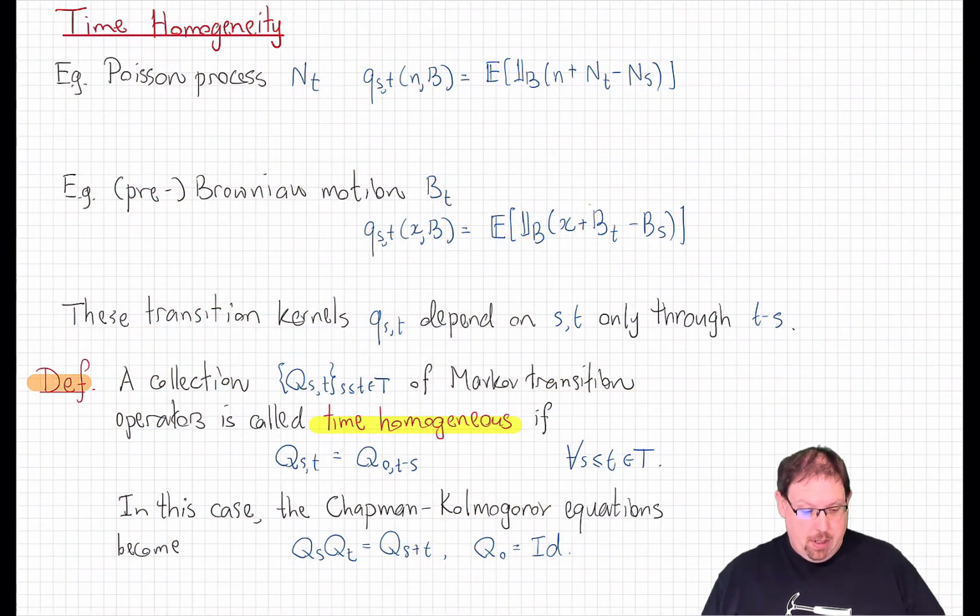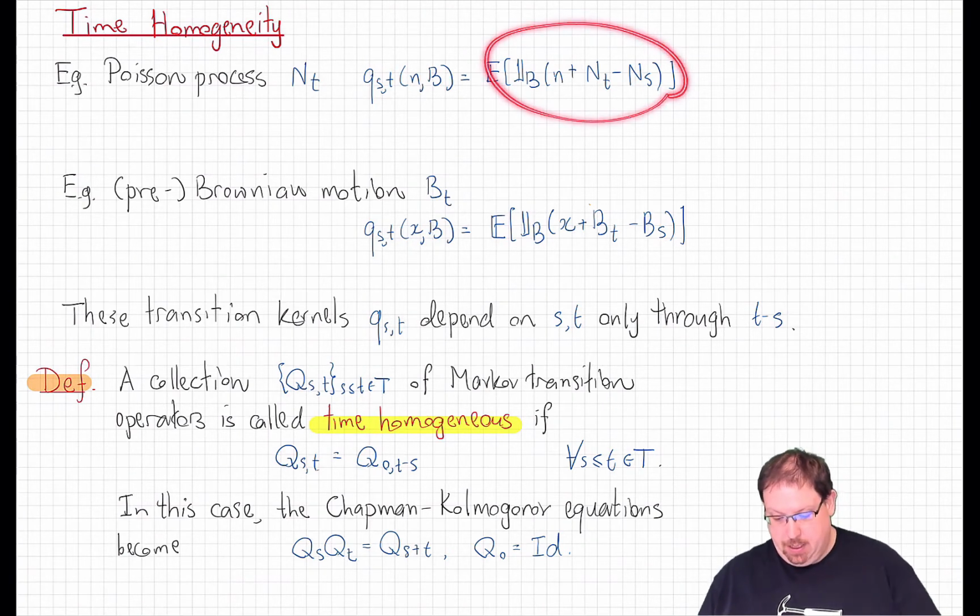In the last lecture, we focused on two continuous time processes, the Poisson process, which we've explicitly constructed, and pre-Brownian motion, which we constructed à la the Kolmogorov extension theorem in terms of its transition kernels. Now there's something special about the transition kernels of both of those processes. Let's look again. For the Poisson process, N_t, its transition kernel, Q_st, is given by this formula here, which is